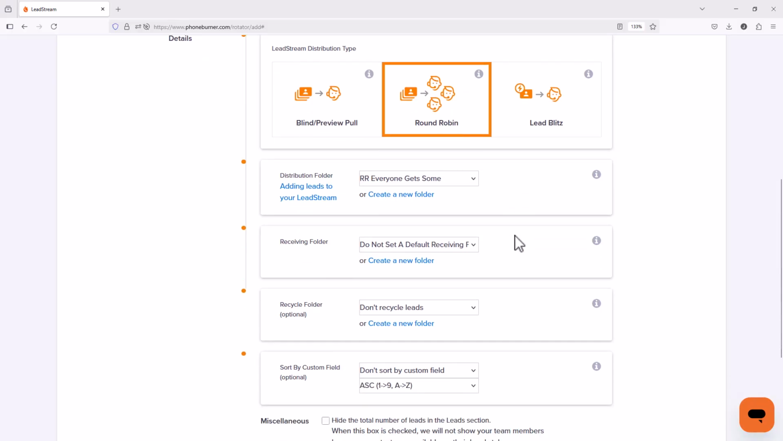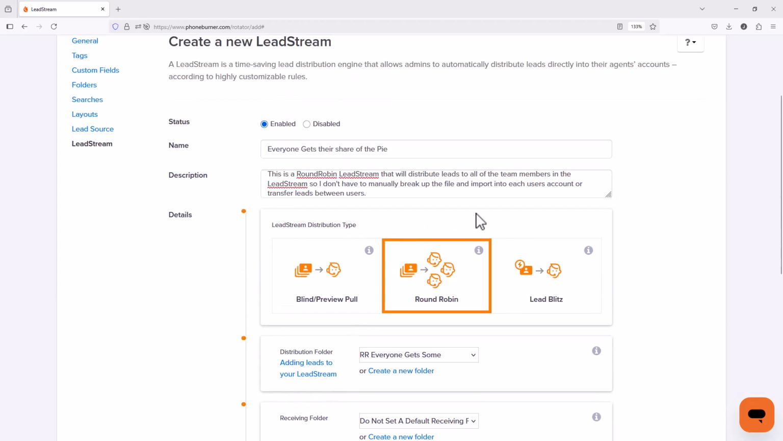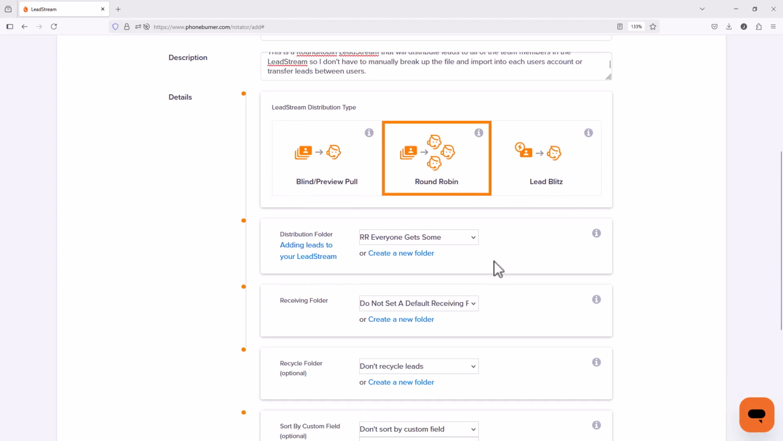Now, you may have noticed a theme here. I keep saying things like everyone gets their share of the pie. We're going to evenly distribute. And the reason why I am mentioning that in this lead stream, and I have not been mentioning that on